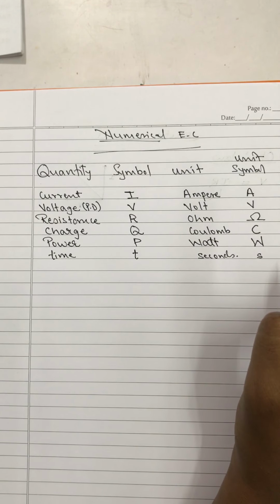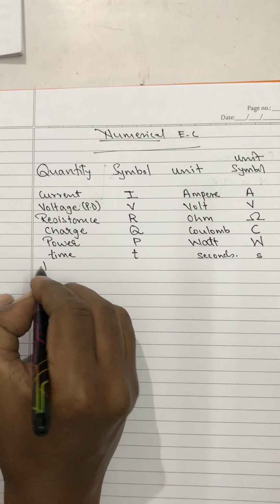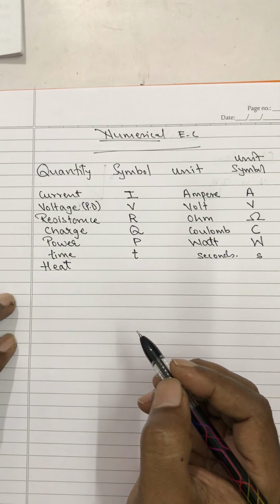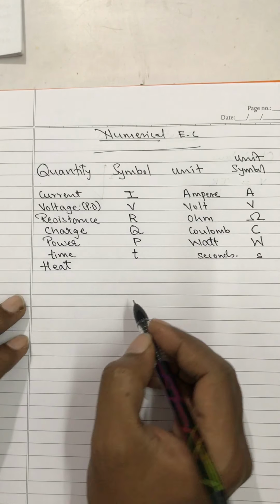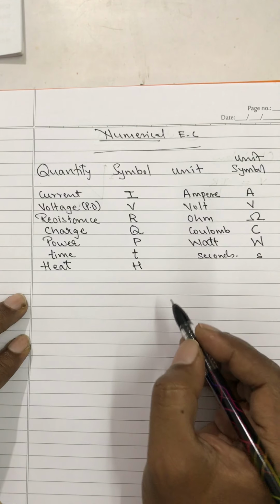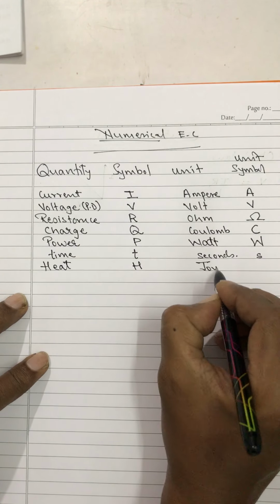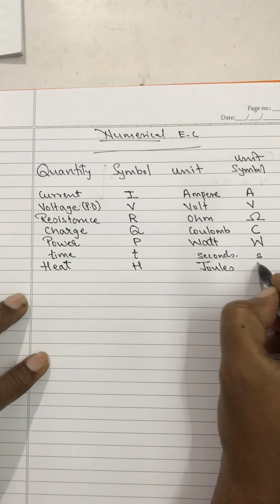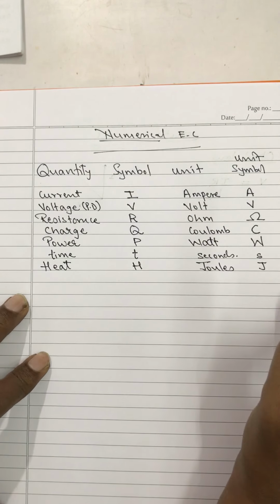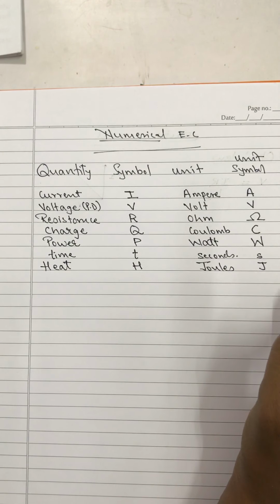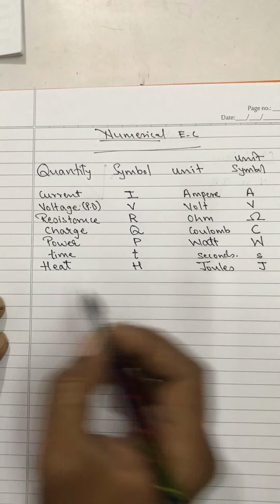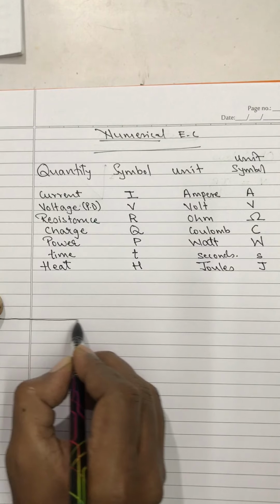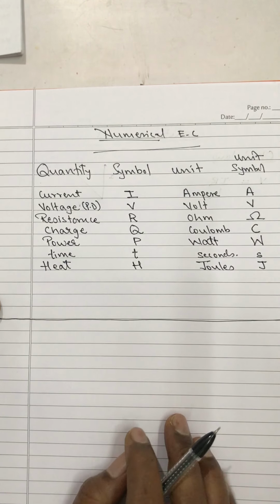Anything else we are missing? I don't think we have. Heat. One more is heat, heat produced, heat generated. The symbol of that is capital H and the unit is joules, and this is the symbol of the unit. I think we have covered a lot. One is heat generated and the other is rate of heat. They can be two different things. We will go to that later. I hope we have covered plenty of quantities that are concerned with these numericals.